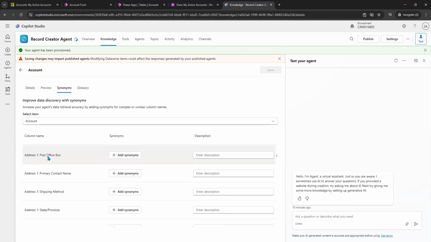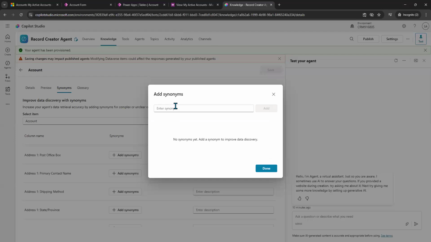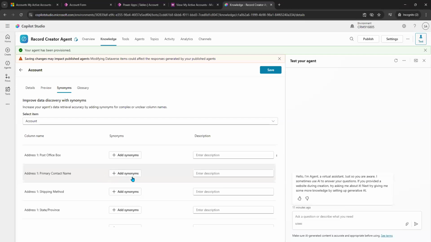Now the post office box is also referred to as speed post. So speed post is a synonym. We can also call it telegram. So if anyone calls it telegram or speed post, Copilot will understand that they are referring to the speed post,